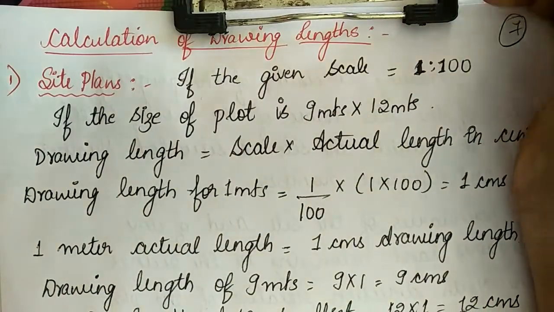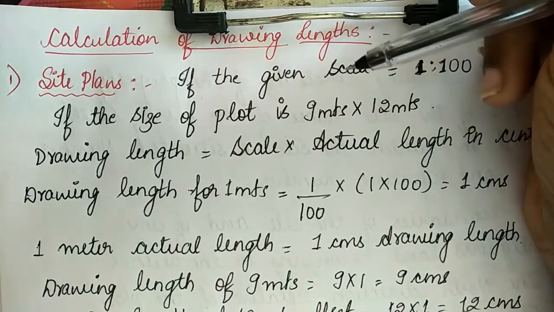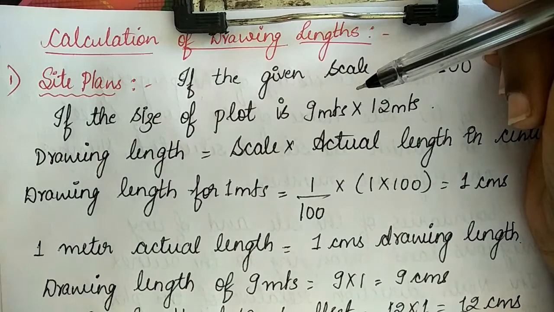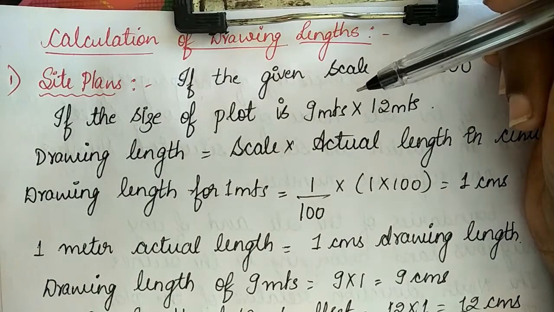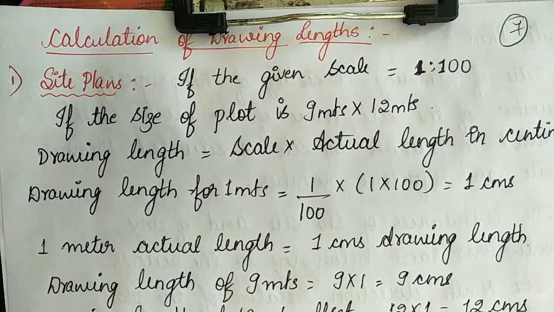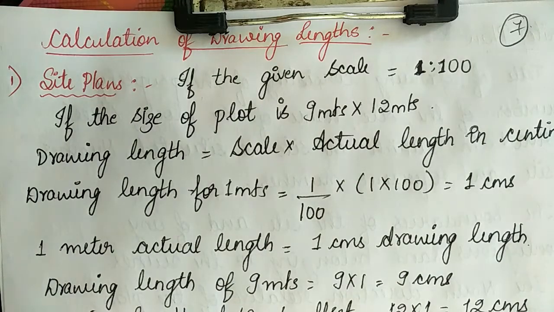Hello students, in today's lecture we'll directly start with how to calculate the drawing lengths, that is, how you're going to draw the exact drawing limits in centimeters, as well as how to convert the scale. In your previous lectures we have already discussed the theory concepts of PPD, that is, building planning drawing. So you already know how to plan a site, what the key plan is, and what all things should be mentioned in your diagrams.